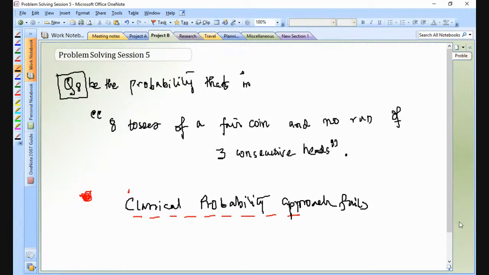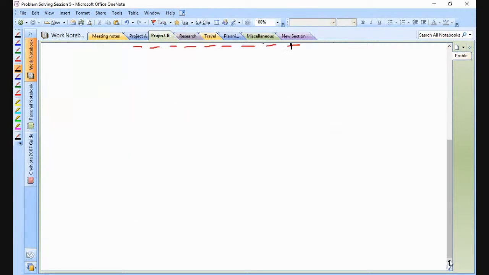While counting. Okay. So my question is, suppose you know this. Instead of these 3 consecutive heads, I'm doing it from very scratch so that you can understand how to apply conditional probability. Okay. So now understand this. Let's say instead of 2 consecutive heads, I say 1 consecutive head. What will be the answer? One consecutive head. What will be the answer?